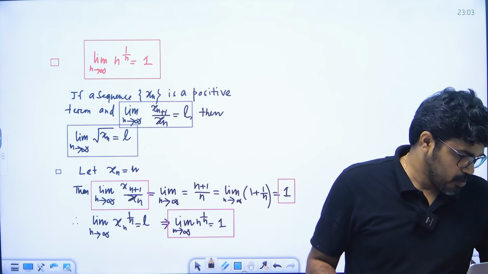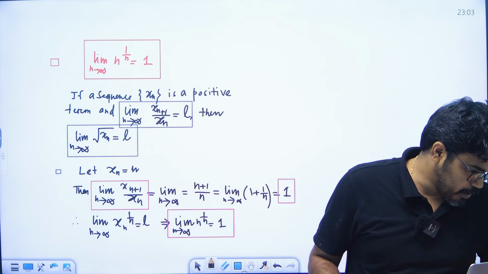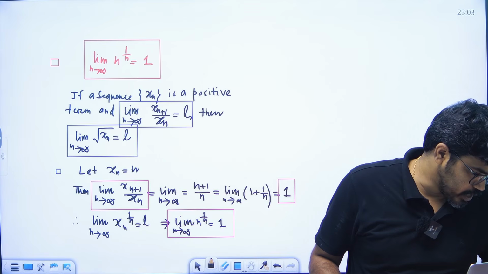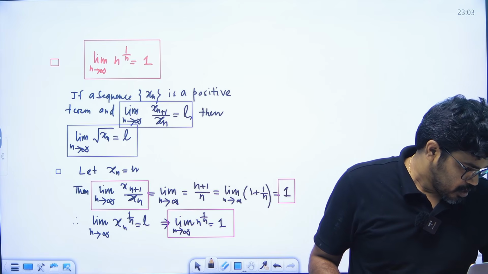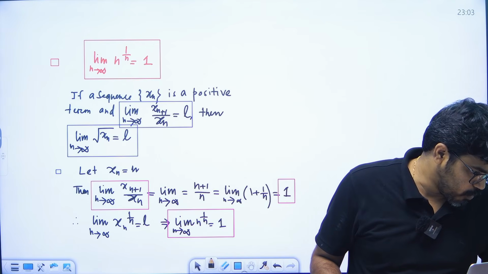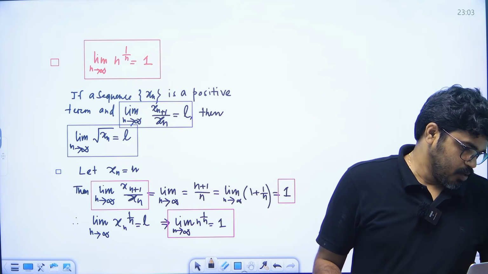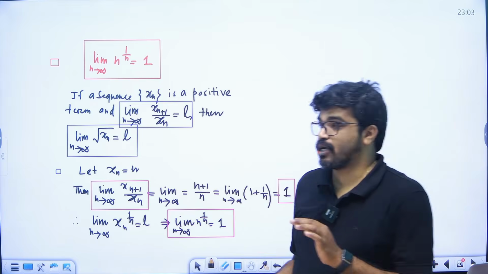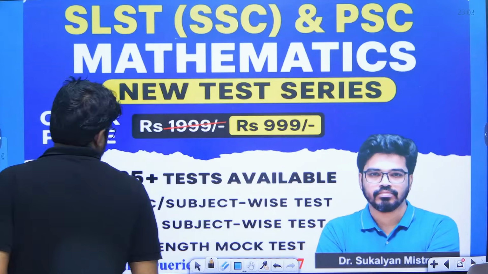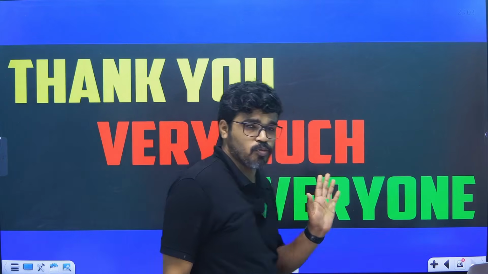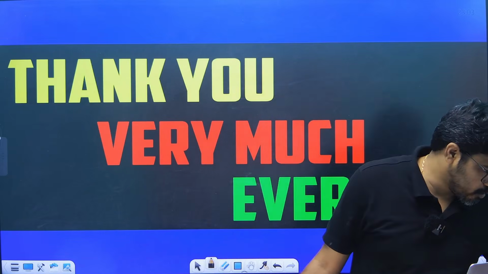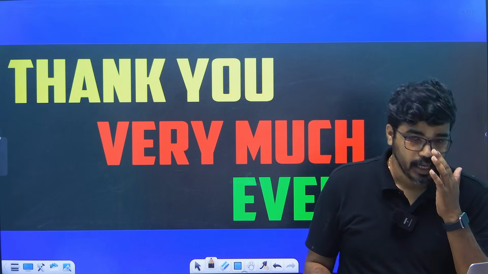So reply all, বোঝা গেছে? এই টাইপের প্রবলেম গুলো এক্সামে আসে, so next class আমি আরো প্রবলেম ডিসকাস করব, ঠিক আছে? Okay, so this is the second lecture of exam mapping series. I think সমস্ত প্রবলেম গুলো বুঝতে পেরেছো।